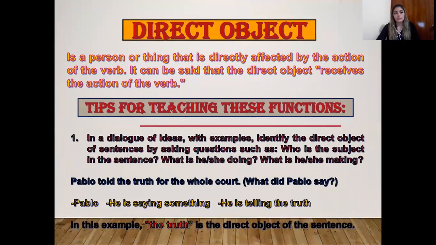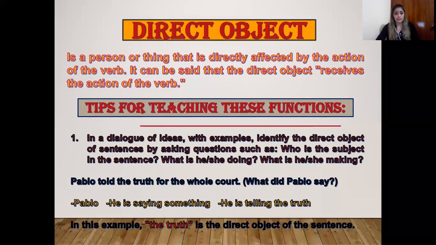Direct object is a person or thing that is directly affected by the action of the verb. It can be said that the direct object receives the action of the verb. Tips for teaching this function. In a dialogue of ideas with examples, identify the direct object of the sentences by asking questions such as, who